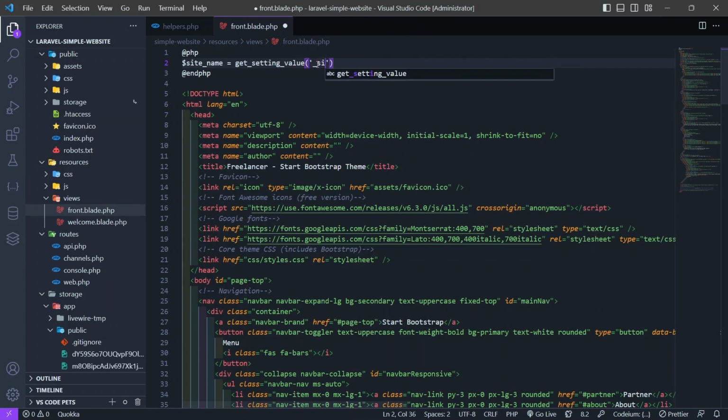So type in site name, okay, just like that. Hit save,